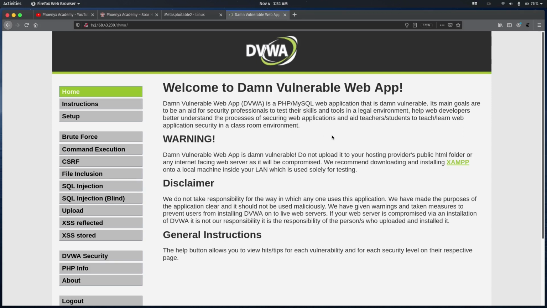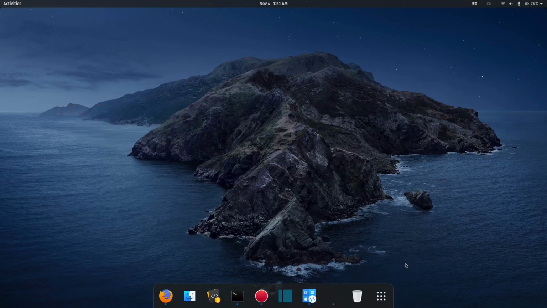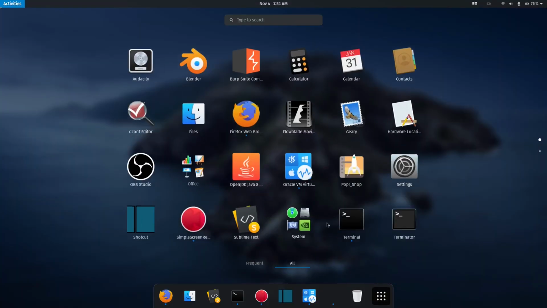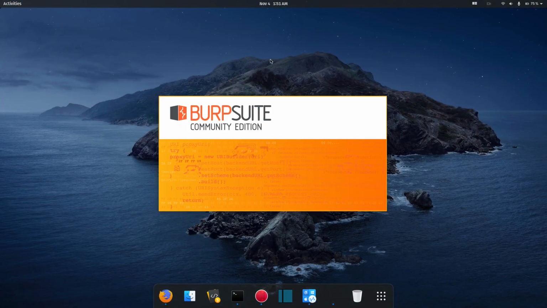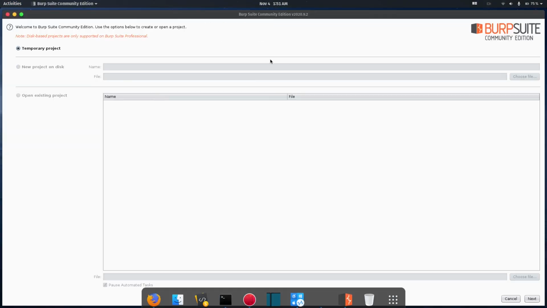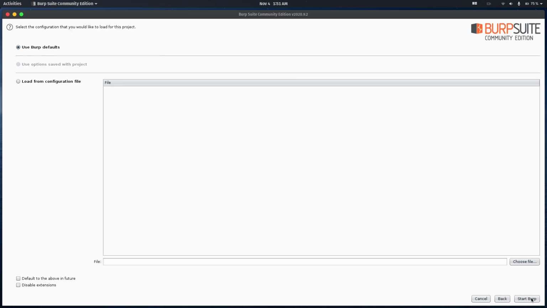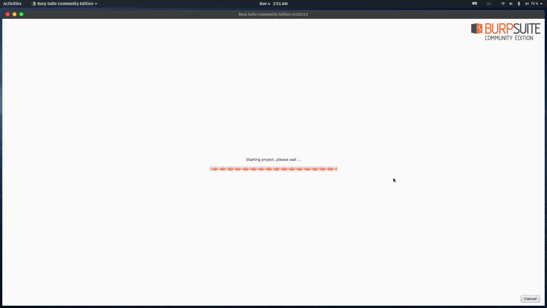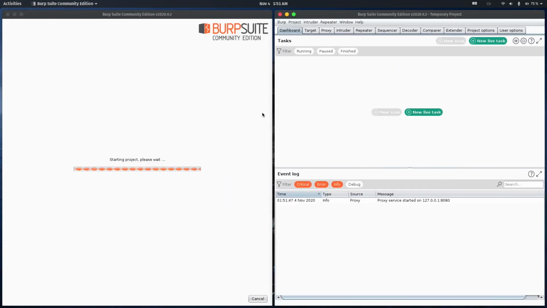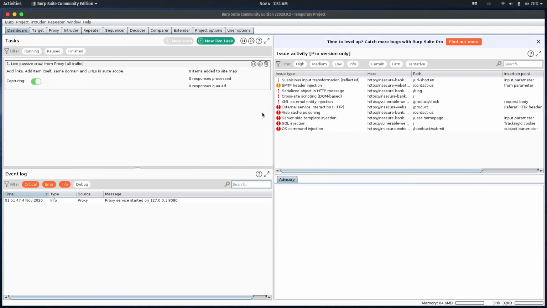All right. So what I'm going to do is launch the Burpsuite. I'll come up here and search for my Burpsuite. So I have my Burpsuite here. I'll double click on it to launch the application. I will click next, and then click on Start Burp. All right, perfect. So we have started Burpsuite, and among these tabs, the one that we are interested in is